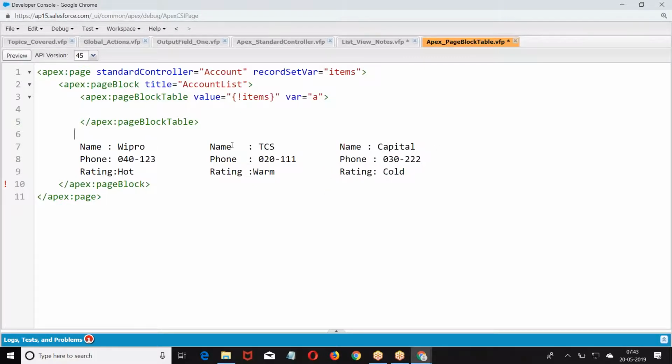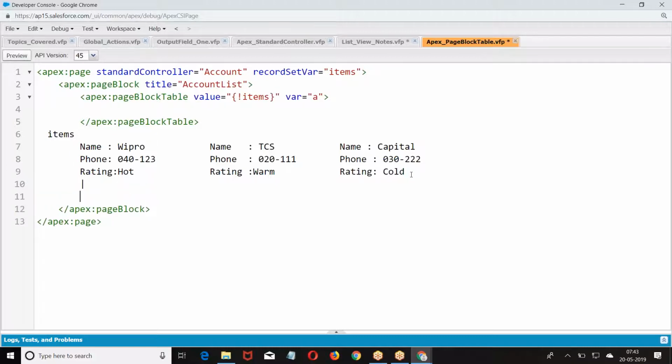Now, these records are referred to as what? Items. All these records are referred to as items. From the account, whatever list of records we got, they are referred to as items. Now I told page block table value: these are the group of records which I want to display. Var is a variable.